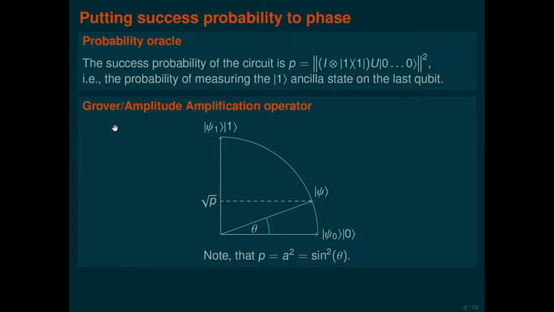So the idea of Grover algorithm is that if I can prepare a quantum state which has some probability p, then I can look at this amplitude and in particular this angle. With the Grover operator, I can do rotations of angle 2 theta. And this is almost what I want. I actually want the probability which is sine squared theta, but I have now rotations of angle 2 theta. It's actually promising.